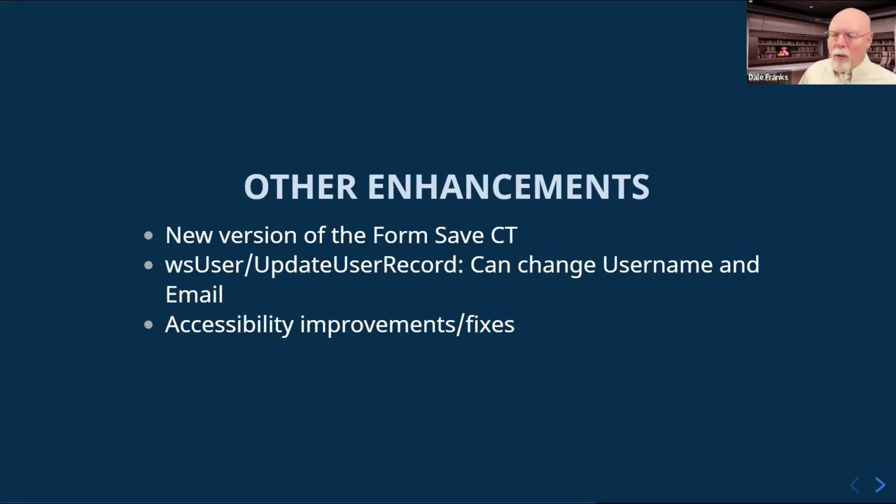So we've changed the form save CT to add a checkbox to specify, look, if I create this new form instance and I save it, I want you to save this form instance as version 0. Form 0 is the version that I've created, but it's unsubmitted. Version 1 would be a submitted version of the form. So this checkbox just enables you to specify you want to save a copied form instance as version 0.